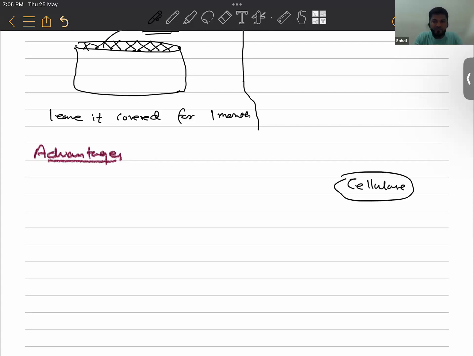So there is lots of cellulose and fibrous material in the manure, and this increases the water holding capacity of the soil. If the water holding capacity of the soil increases, then it is very beneficial for the plant, right? So we say that adding manure increases the water holding capacity